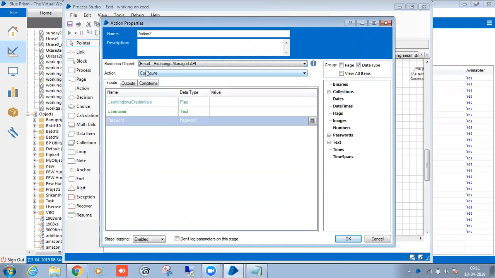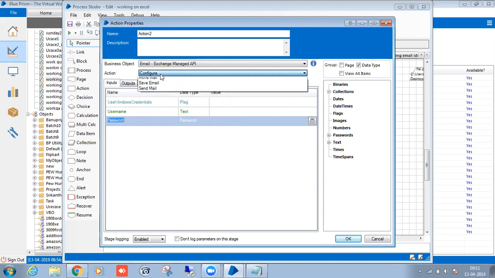So this is the email exchange MAPI API. This is one of the VBOs which my client is using. It is used to interact with Outlook. So MAPI EX, I told you about it. They have made some modifications on the MAPI EX. This is one of the latest ones from my client side.